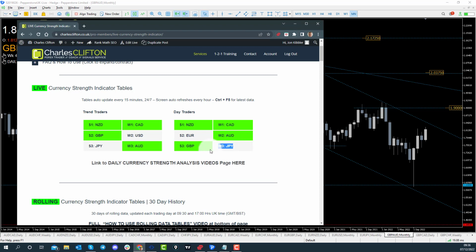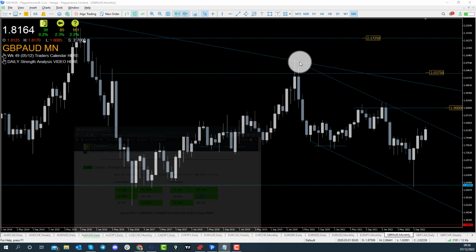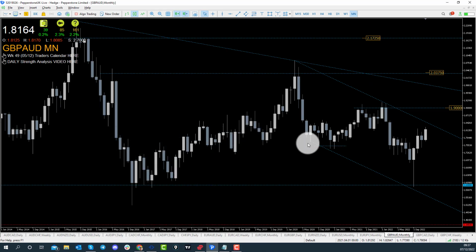So we did talk about earlier in the week that pound is starting to come onto both of the tables, and I like the idea of potentially being long pound against a couple of other currencies, and one of those currencies is the Australian dollar. You can see it's highlighted at W3 on the trend traders and W2 at the day traders. So you can see in the background here I've got the pound Aussie chart, and this is what I'm going to be focusing on in today's video, because you can see price is working within this bearish channel on the